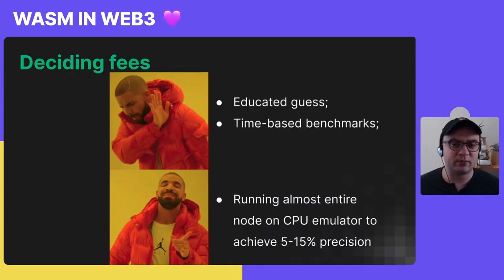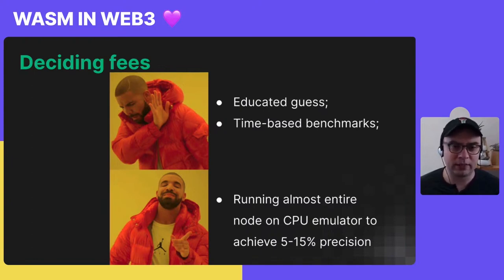Very frequently, time-based benchmarks, even when they run for days, produce a very high spread of execution time for the same fees. So what we did, we took a big part of our node, which is the runtime, RocksDB, and the virtual machine, and we're running it on the CPU emulator, QEMU. And I told you we also removed a bunch of the sources of non-determinism. So now we just count the actual CPU instructions that our node takes to execute those various operations. And we were able to achieve precision and reproducibility for most of the fees to be within 5%.